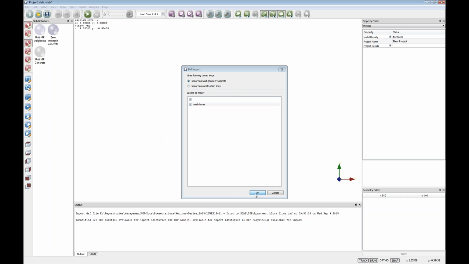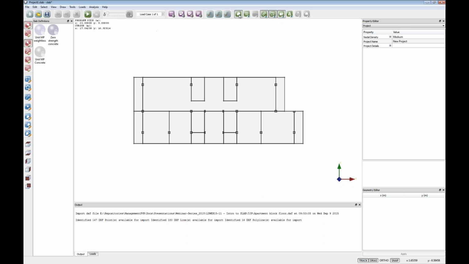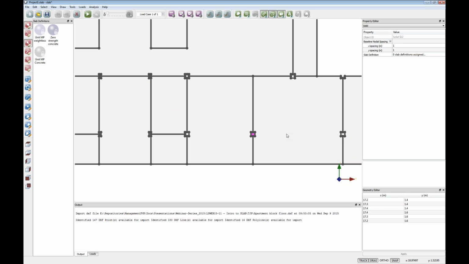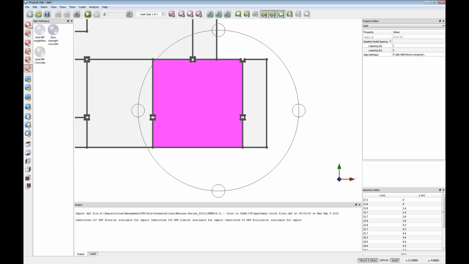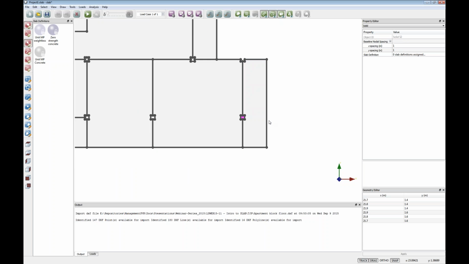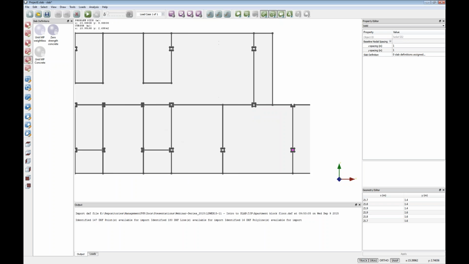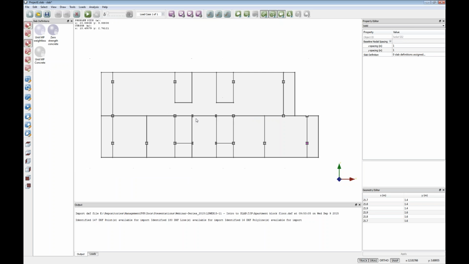So if I click OK, what you'll see here is that we've now got a problem that we've read in from DXF that has been changed so that all of the loops in that file have been changed into solids. And that allows us to very quickly get going with the LimitState SLAB software. So we have this problem. All we want to do then is go through